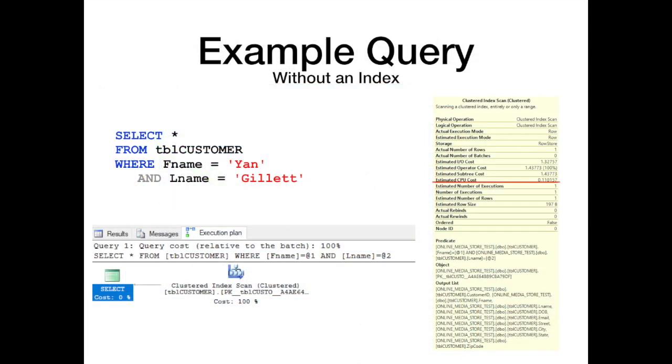Next we'll go over an example query. This is an example without an index. We have a table full of customer information called TBL customer, and we want to find the information where the first name and the last name equal these specific values, or any value in this case. It doesn't matter what the value is, it'll still be generally the same, because we'll have to do an index scan, as you can see here, through the entire database,